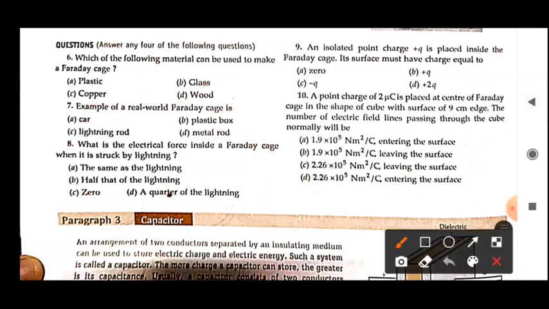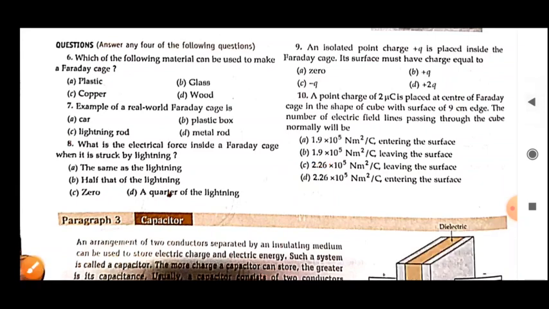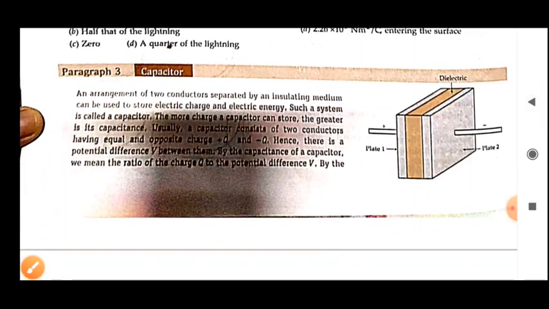So if you see the options, then it is the third option here, though two options are given. Now if you see the direction here, whenever it says field lines are passing through, obviously they will be leaving the surface, not entering the surface. So this is, I think, clear to you. How can we understand this particular case?